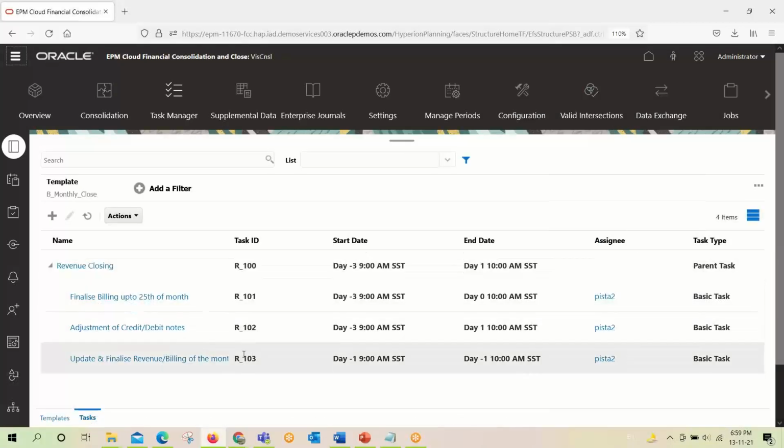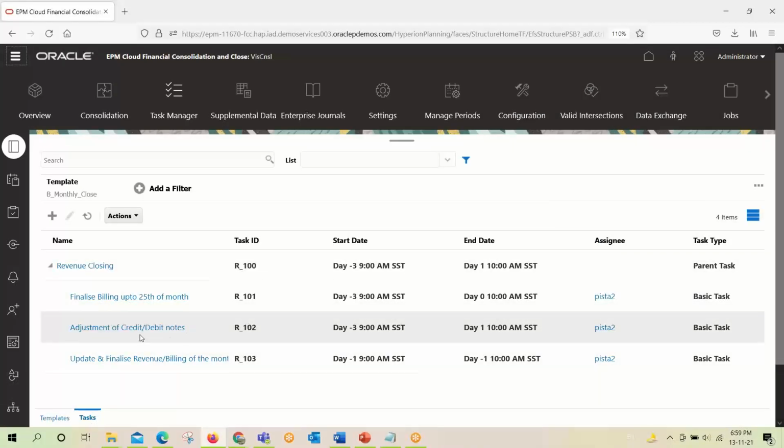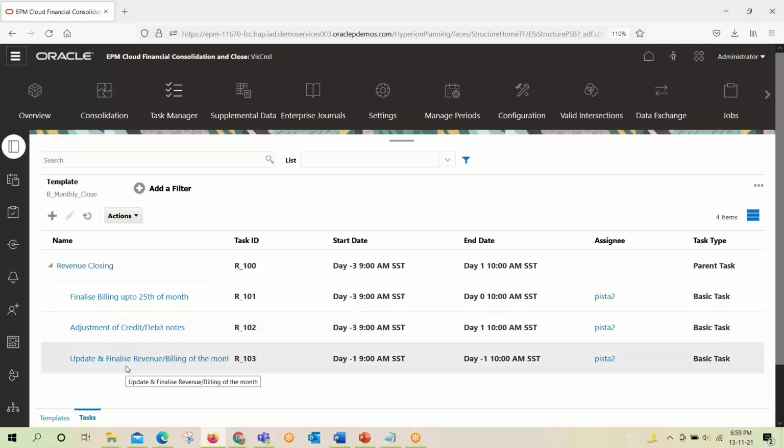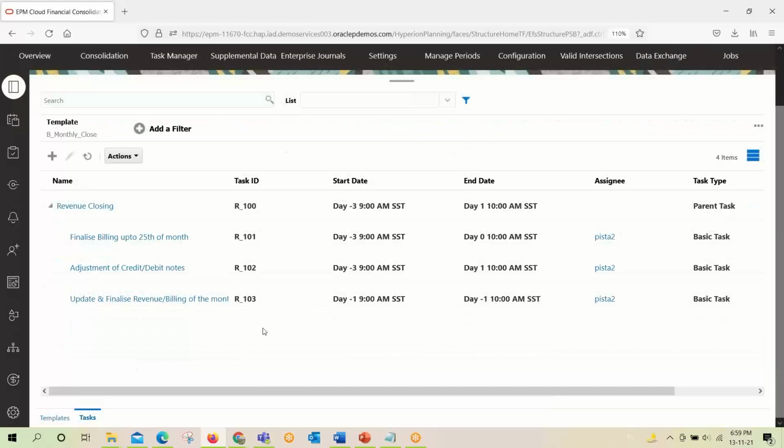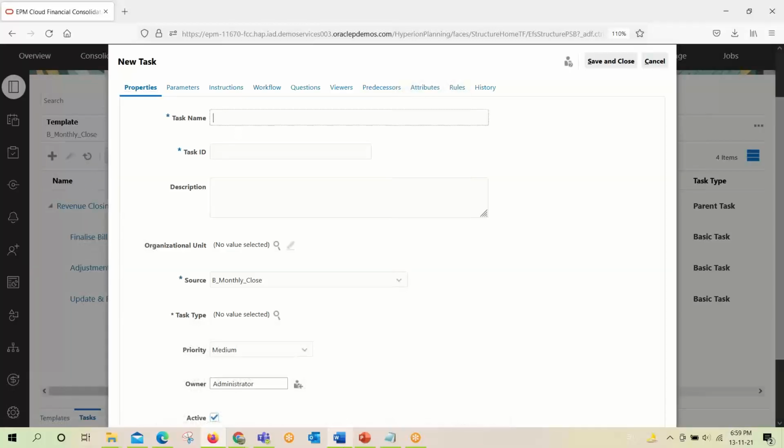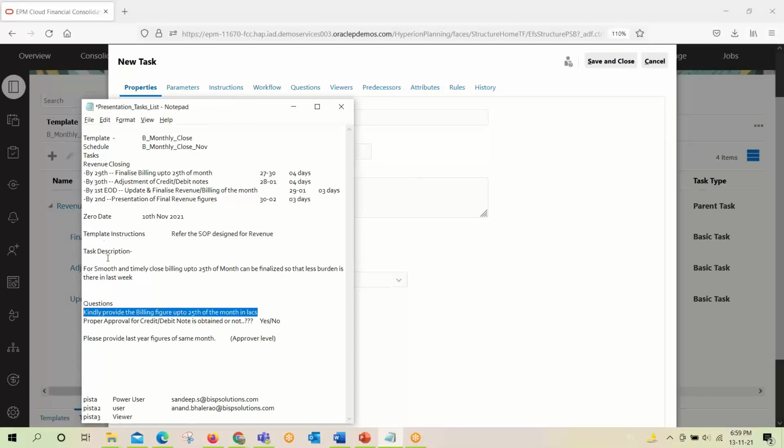Similarly, I have created 3 tasks: adjustment of credit and debit notes, and update and finalize revenue billing of the month. Now we will create the 4th task, which I have deleted. I will give the task name here, presentation of final figures.